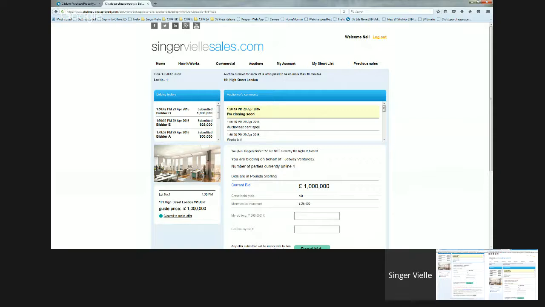So someone's bid £1 million, and I'm the auctioneer. I might be saying any more bids. Any more bids, and we've had 1,050,000, and I'm going. So you can see that the 1,050,000 was from bidder E, and bidder D bid £1 million. So I might say, any more Mr. D? Now I know in the back end of the system exactly who bidder D is because I've cleared him. He's been verified for money laundering. We know he's financially able to purchase. So I'm trying to coax him